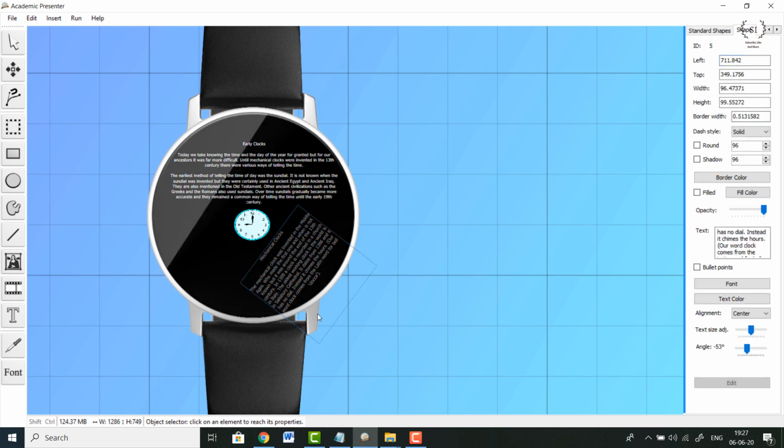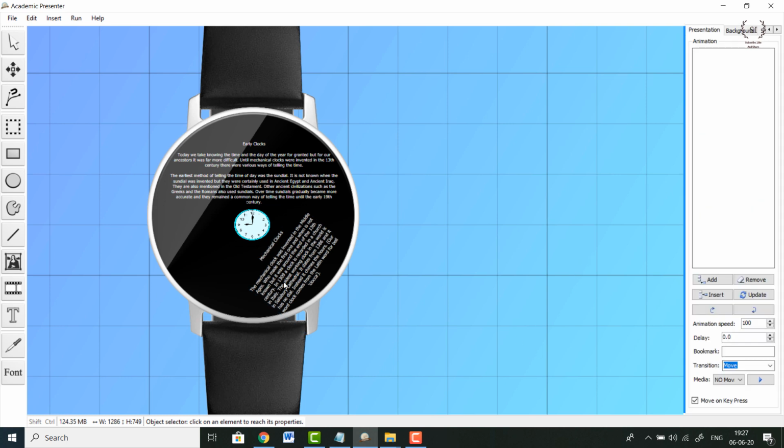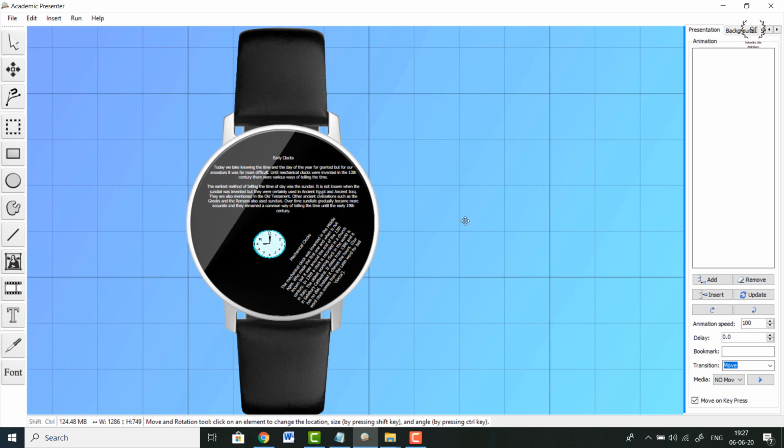We need to get rid of this border. So again, you know the process. You click on this text box, reduce the border width to 0, and now the border is removed. Do some changes here and there so that it looks good. Okay, now it looks fine. So what else? We are done? No, we are still having one process to be completed.